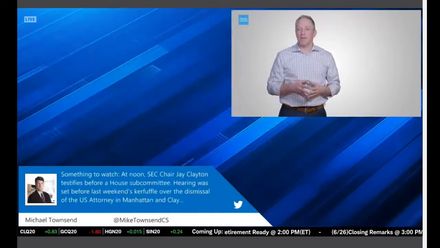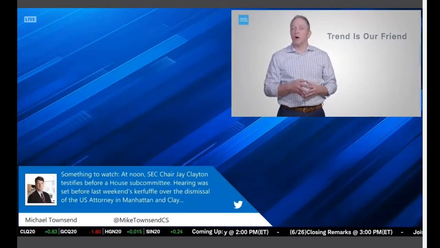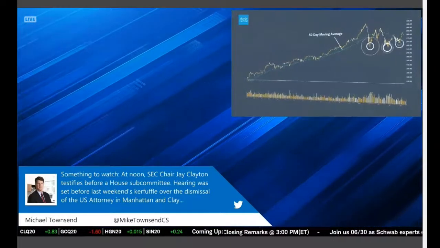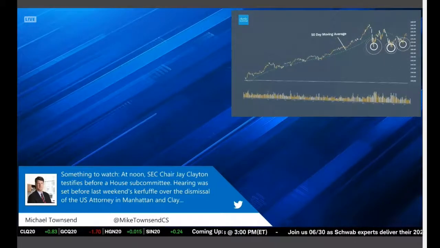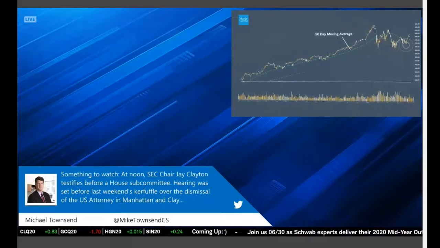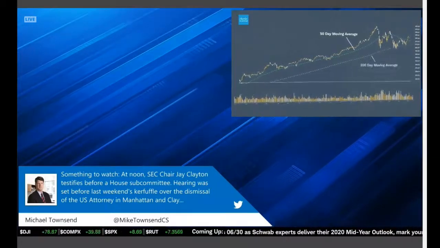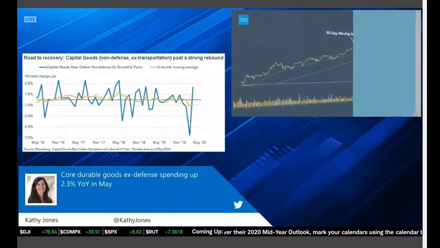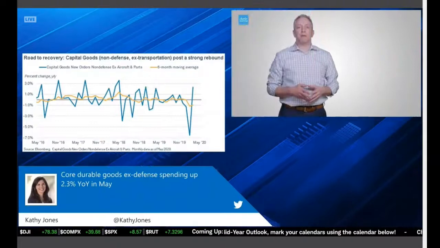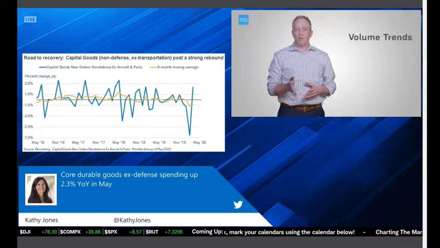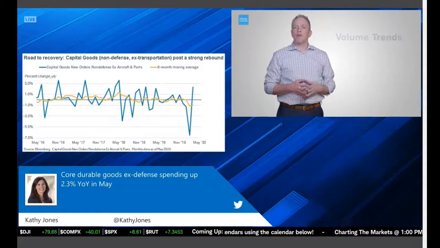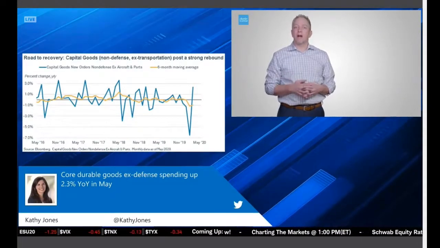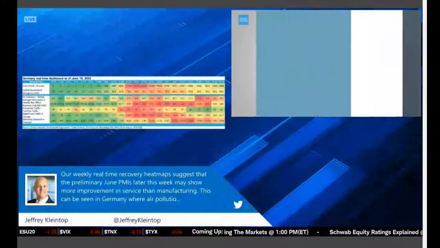Because many traders believe the trend is our friend, watching a stock's price fall through its 50-day moving average, for example, could suggest that this former bullish trend may in fact be broken. You can use longer moving averages to help determine breakout patterns over longer timelines. Fundamental analysts may also benefit from another tool used by many technical analysts, volume trends. When you track volume indicators, you may be able to get a picture of how other traders in general see the stock you're following. Again, it's all about the trend.